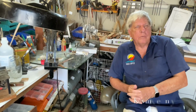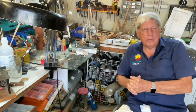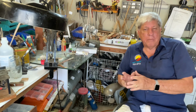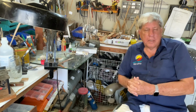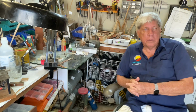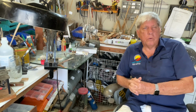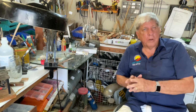Welcome back to this wonderful build of the HMS Thorn. We were supposed to now go into the casting of the cannons, and unfortunately my friend Bruce Mute, who is going to take me through that process, his entire business is shut down with COVID. So until he is allowed to reopen his shop and can find a time to fit me in and teach me, I'm going to have to put off that